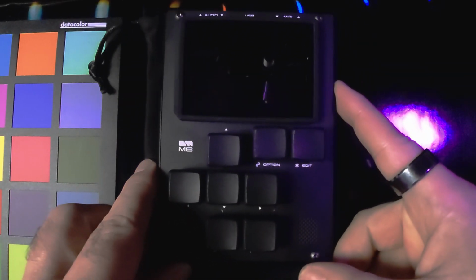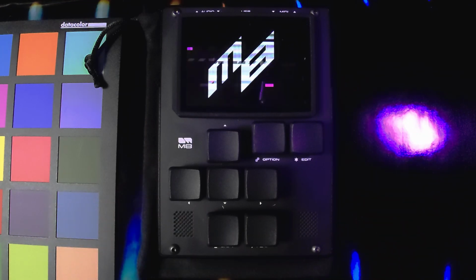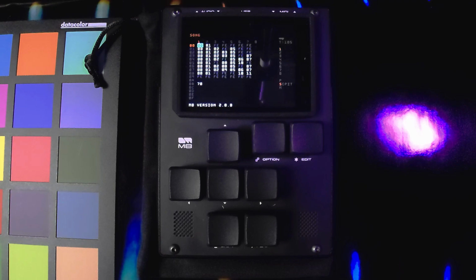I've got a new toy that I want to show you because I'm very excited about it. This is the Dirtywave M8. Let's get a close-up of this guy right here. Yeah, I like that. The Dirtywave M8 is a handheld music tracker, which is to say, it's a very tiny